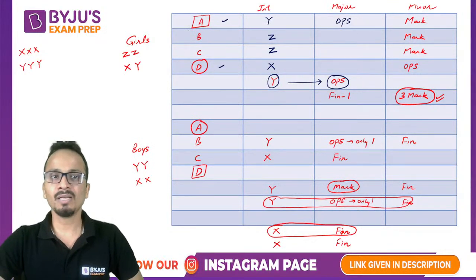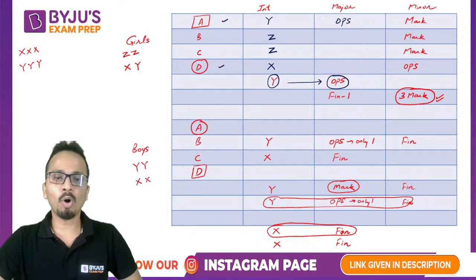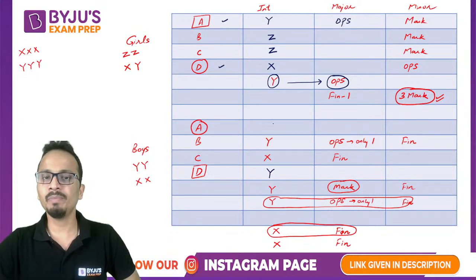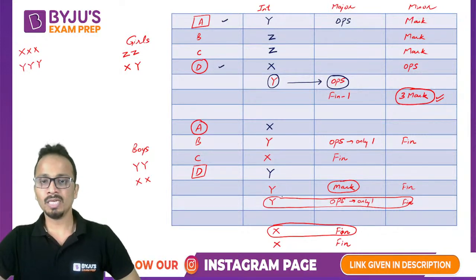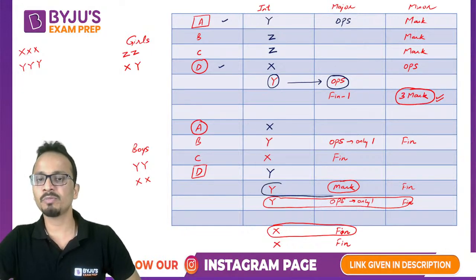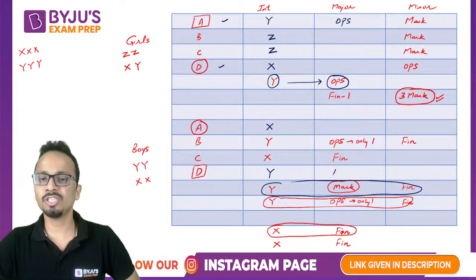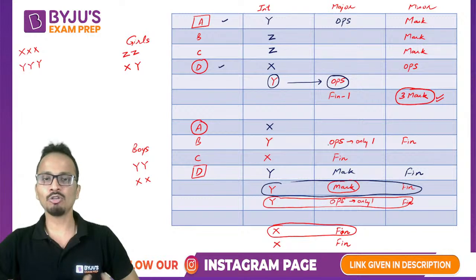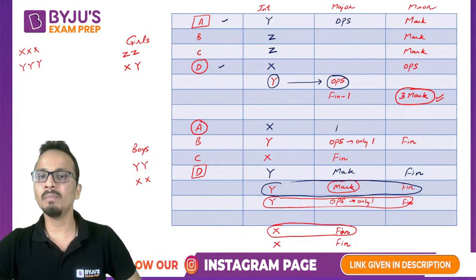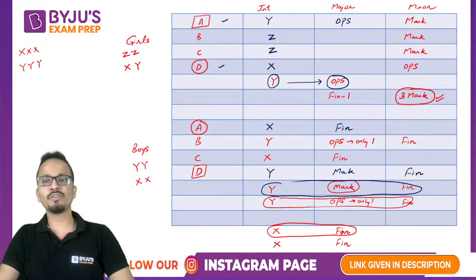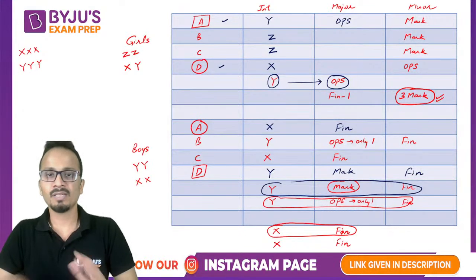अब आगे चलते हैं. Girl A and boy D have same institutes. So boy D will be from Y and boy A will be from X. Now since boy D is from Y, I'm left with this person. So this boy will major in marketing and minor in finance. Now the remaining boy A will major in finance. All right. So this is the entire piece of information that I could fill for this table.